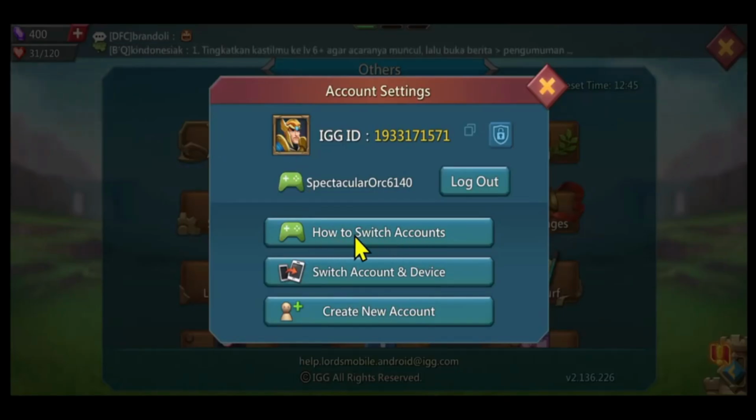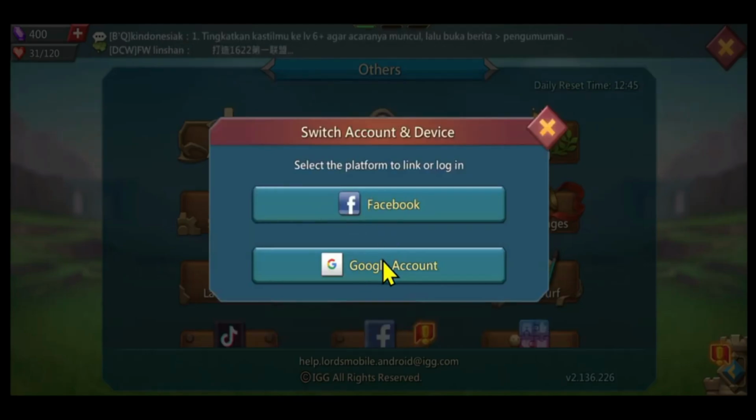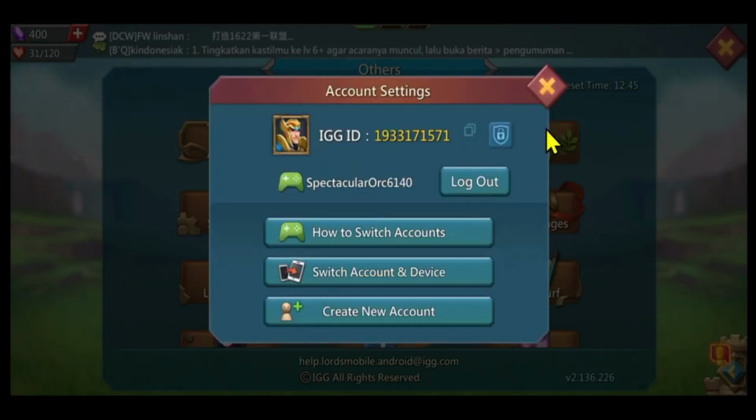You can simply click on this button and you will be asked to choose either your Google or your Facebook account. If you have already used your Google account previously, go ahead and tap on the Facebook option and you will now be asked to continue forward with your Facebook credentials and to allow access to your account. After you allow access by tapping on the continue as button, you will be logged into your other account